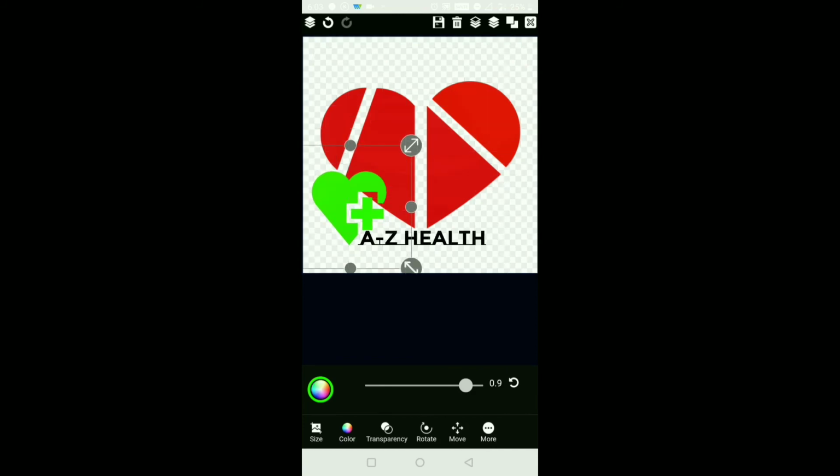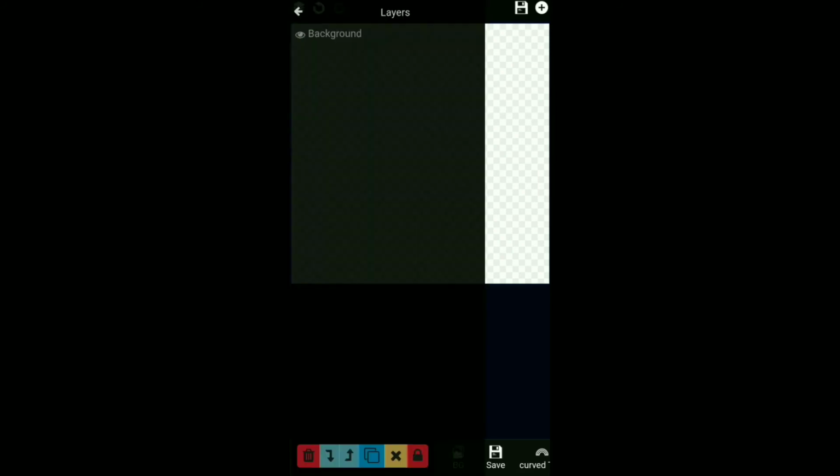So you can see this is a very unique icon. So now I will tell you this option. You can see in this left corner of the screen how you can use this layer option.